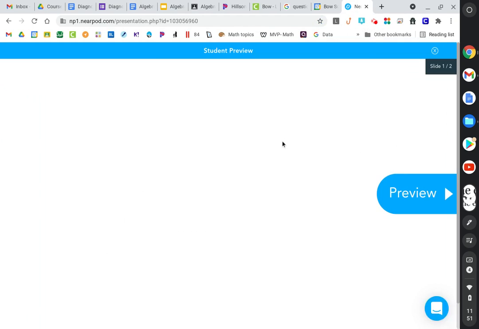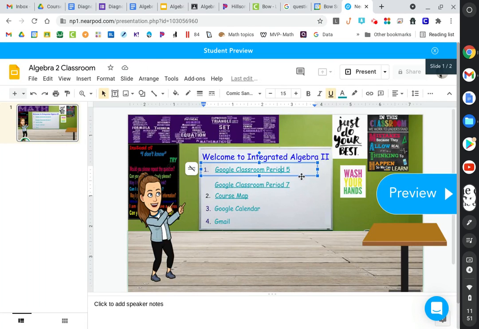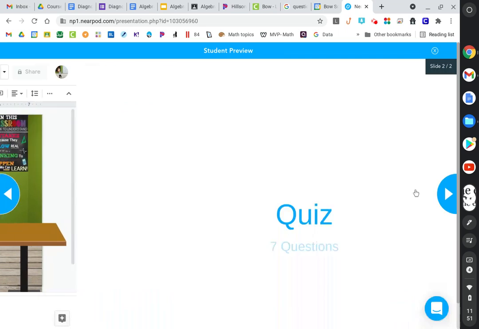So once students are in Google Classroom and they go through all of this stuff, there's another link for the course map if they didn't get it. Google Calendar, I want them to see that their assignments are already scheduled on there. And then I always remind them to make sure that they're checking their Gmail often. So slide 2